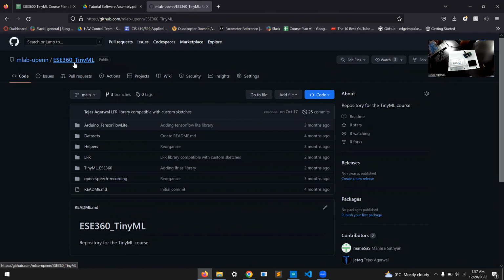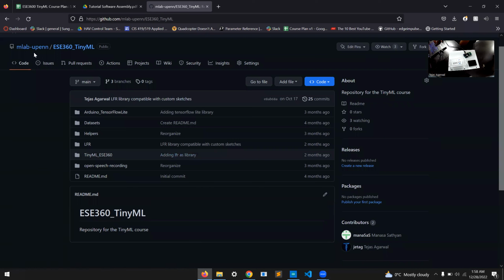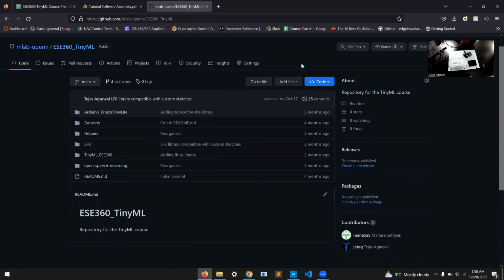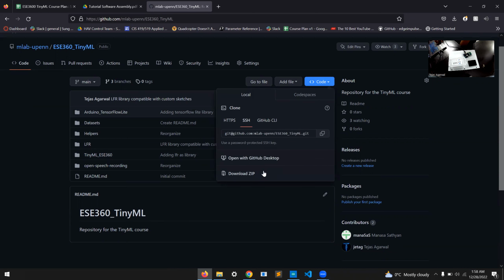You can also find this link in the calendar. We'll post it up to the calendar if it's not already there. It's also on the website if you're not able to find it on the calendar. Those who are familiar with GitHub can git clone, using HTTPS or SSH, whichever way you have set it up. Or people who've not worked with GitHub a lot can download a zip file